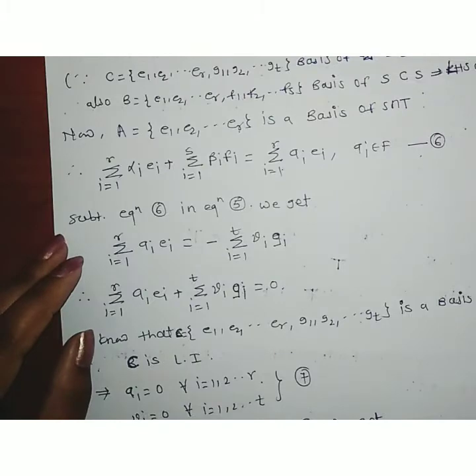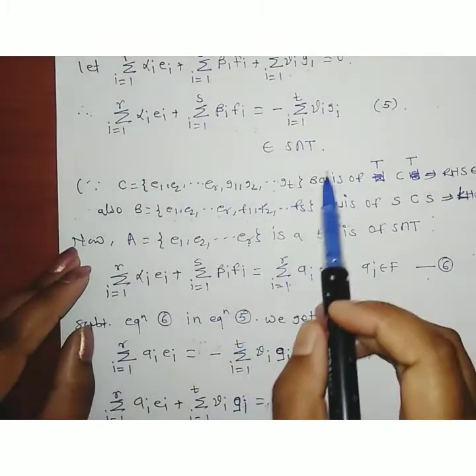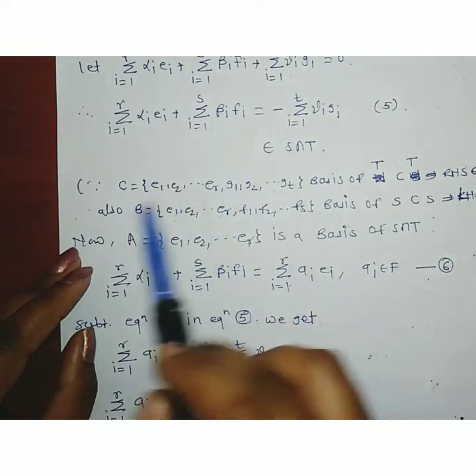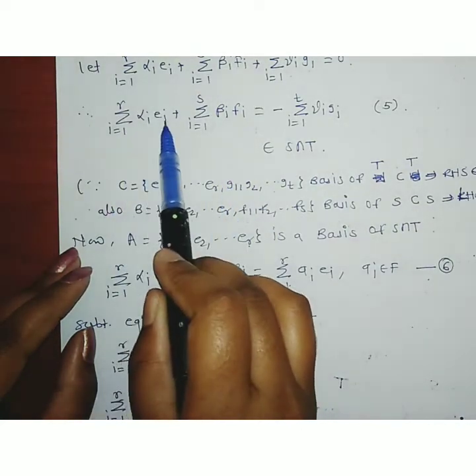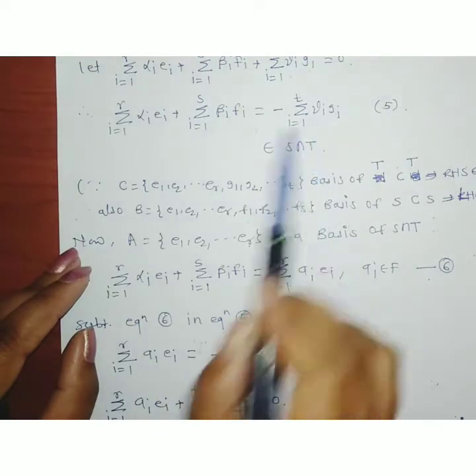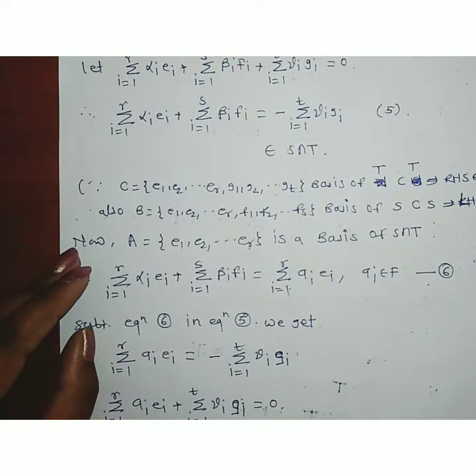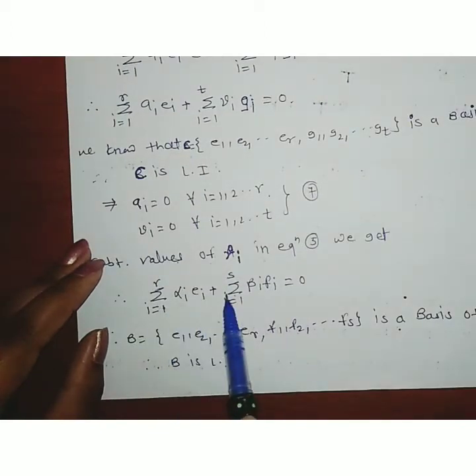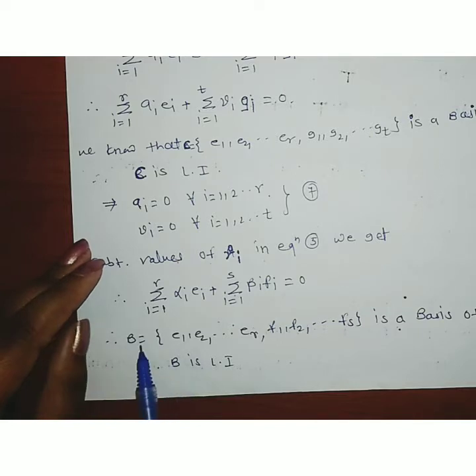What is equation 5? Equation 5 is this. Put gamma_i equal to 0 in equation 5. What do we get? Summation alpha_i e_i plus summation beta_i f_i is equal to 0, since gamma_i is equal to 0. So, by using this equation, we have summation alpha_i e_i plus summation beta_i f_i is equal to 0. Now, similarly,